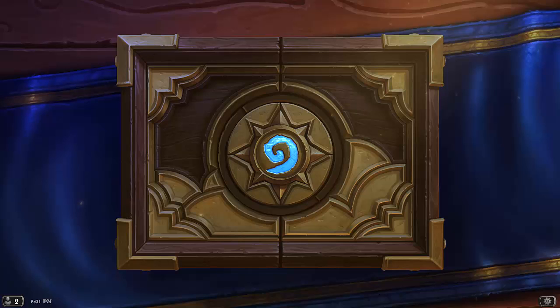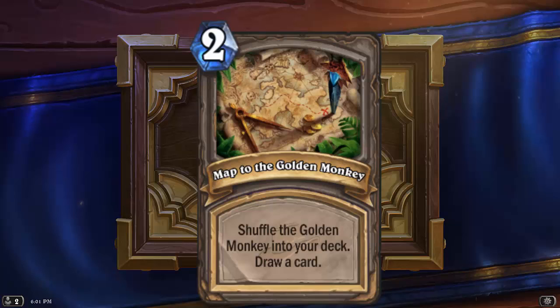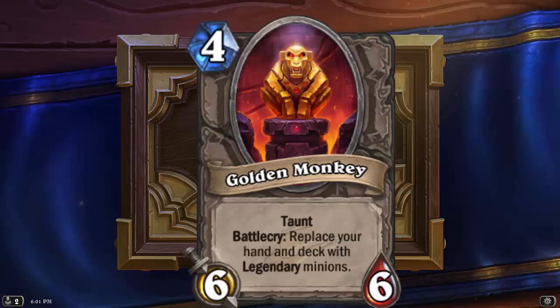Speaking of another legendary that gives you fun crap to do, we have Elise Starseeker, who is a 4-cost 3/5 legendary creature with a battle cry: shuffle the map to the Golden Monkey into your deck. Now these cards are very interesting. The map to the Golden Monkey, when you draw it, it's a 2-cost spell that says shuffle the Golden Monkey into your deck and you draw a card. Now the Golden Monkey is a 4-cost 6/6 creature with taunt and the battle cry: replace your hand and deck